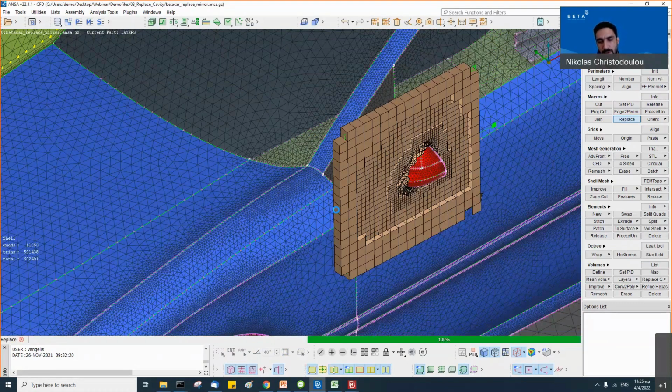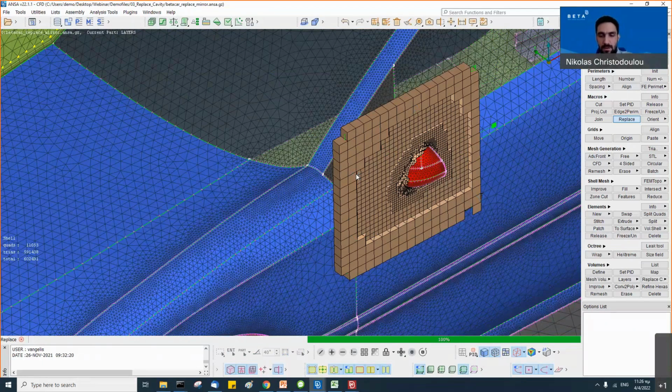So there are two new things now in this functionality. One is that we can replace a meshed face with an unmeshed face. And the second thing is that you will see that the volume mesh does not require anymore a buffer zone for hexadominant meshes. For tetras, it was the same, you will just build tetras.